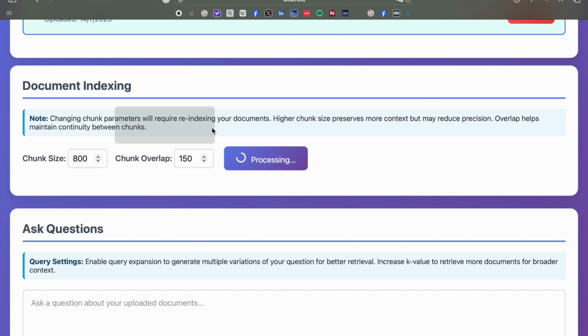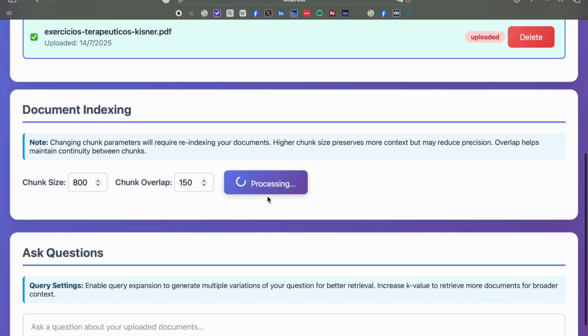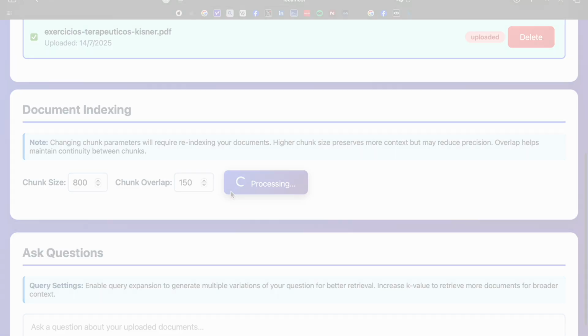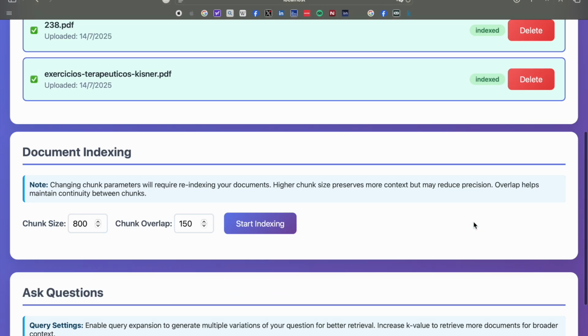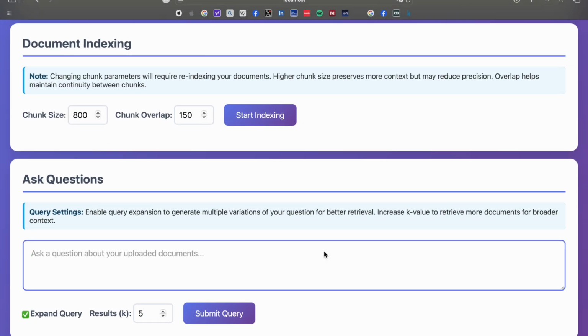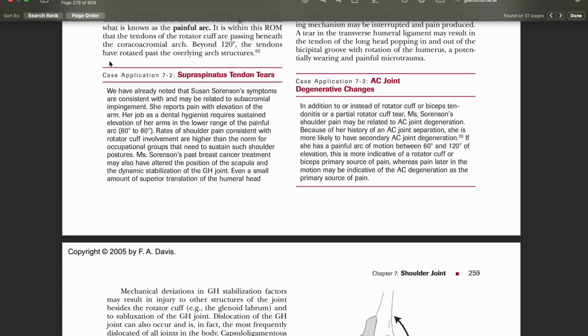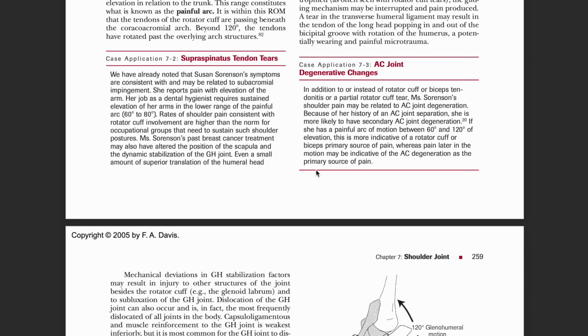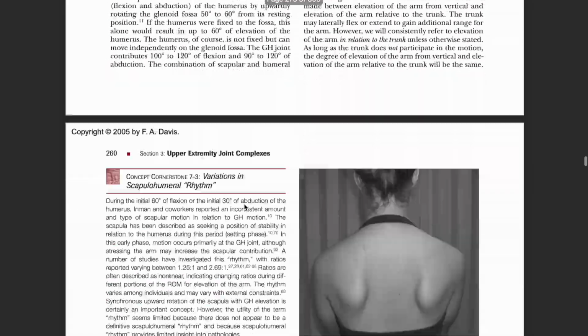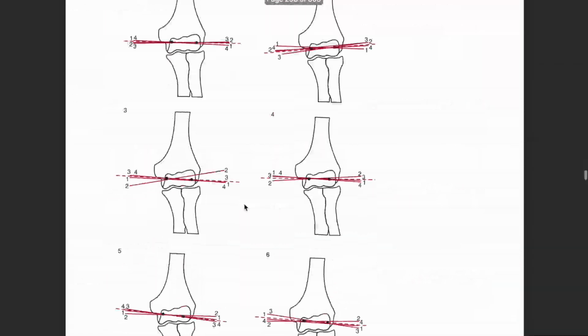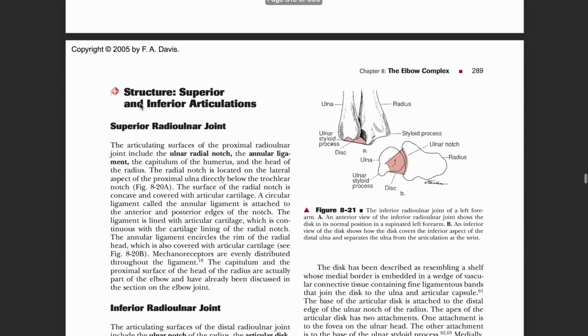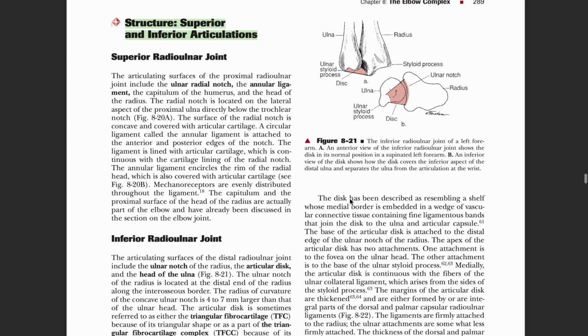Now we'll wait until this processes and is indexed, and we can start querying the database. So the book is indexed. This is one of the books, 238.pdf. Its name, and any content, let's say structure, superior, inferiority, and let's have this